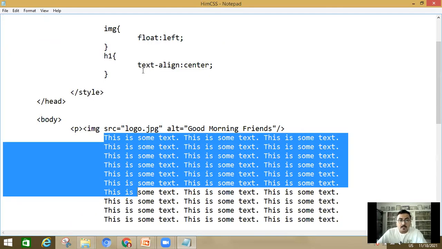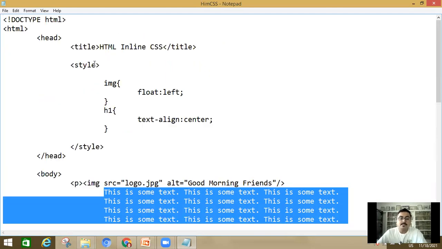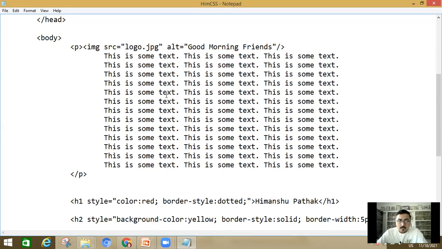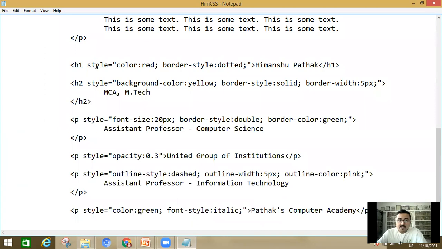So in the internal style sheet, I have given image float equal to left. So what will happen? The image will be shown on the left and the text will appear on the right. Okay. After that, for H1, color is equal to red, border style is equal to dotted.